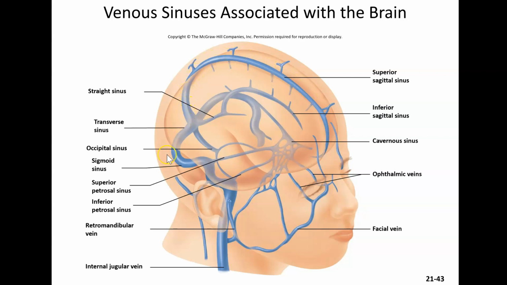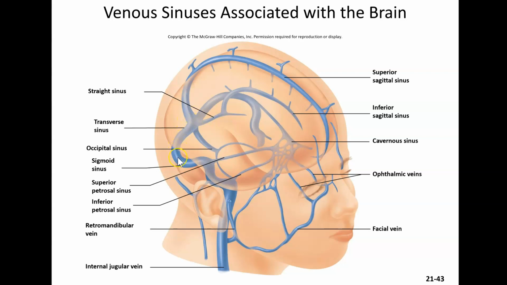We also have the transverse sinus that sits in the periphery of the transverse fissure that divides the cerebellum from the cerebrum. We also have the straight sinus here that is also draining the inferior sagittal sinus that continues on back. And all of these sinuses are going to meet here at the confluence